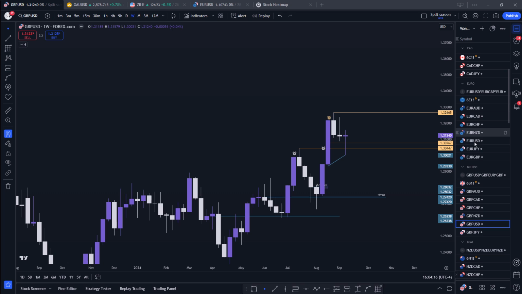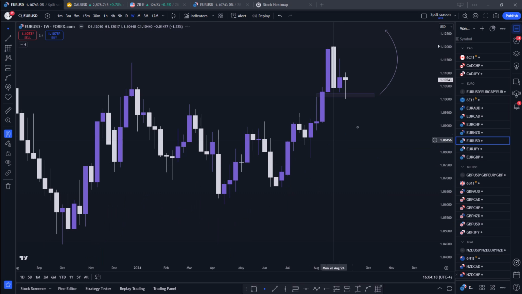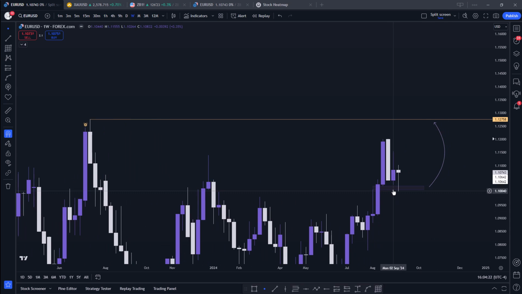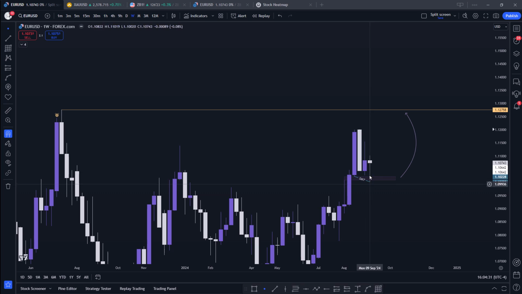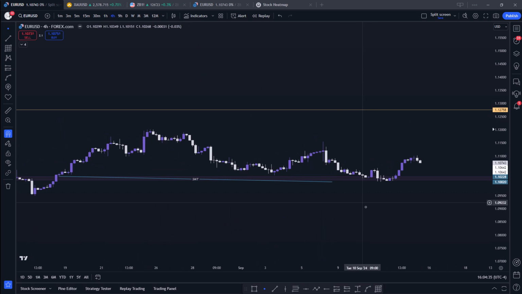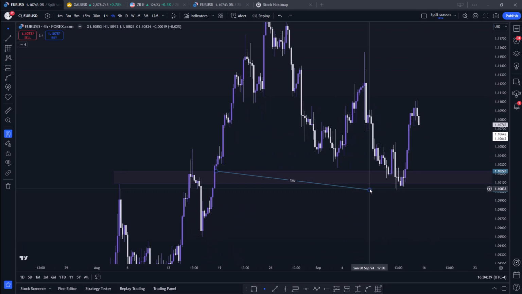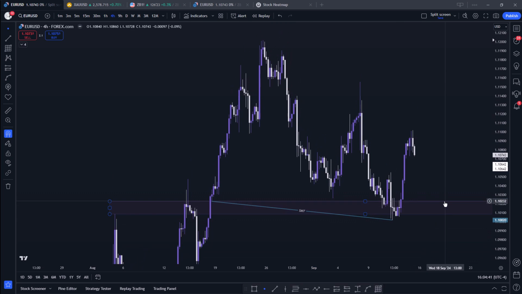So let's move back again to Euro USD. High time frame PD array, SMT confirmed between the two. What's next? We look for a lower time frame shift. So we jump from a weekly. Our lower time frame for the weekly chart is the 4-hour time frame. So on the 4-hour time frame,